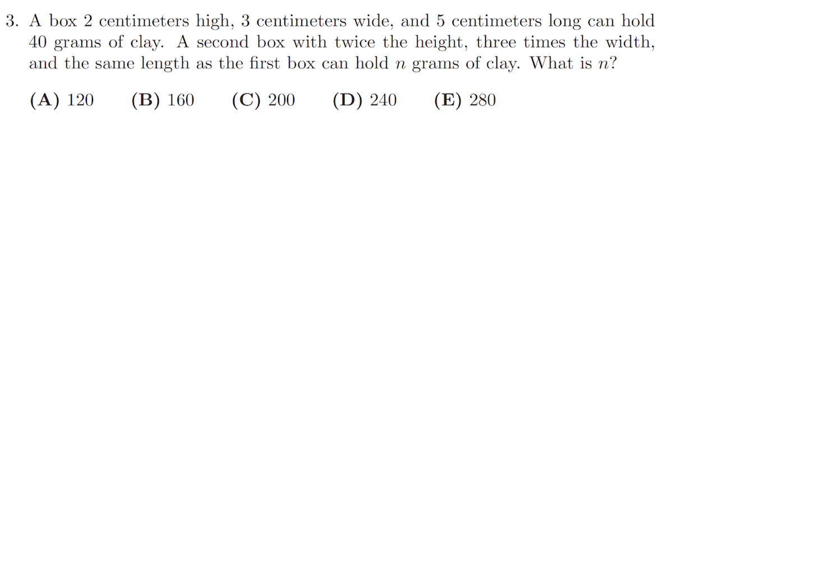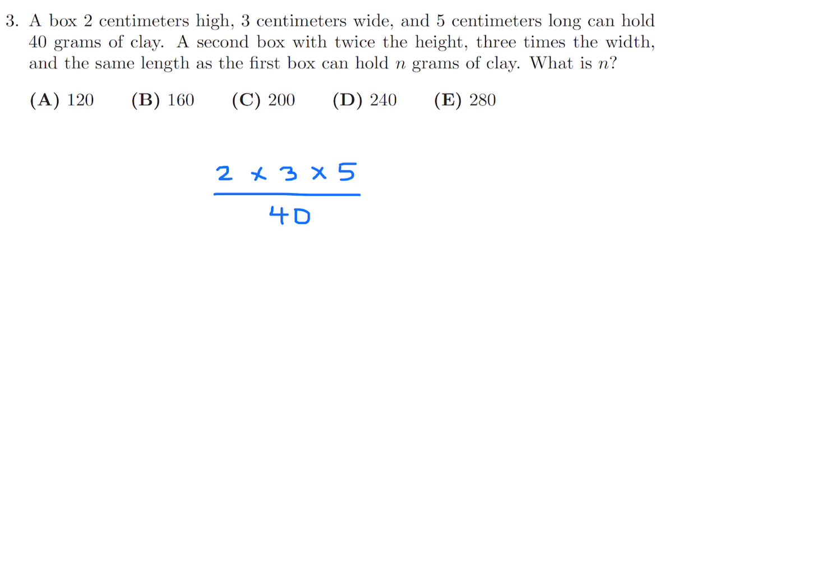A box 2 by 3 by 5 can hold 40 grams of clay. A second box with twice the height, 3 times the width, and the same length as the first box can hold n grams of clay. What is n? Well, this is a comparison question, so we've got 2 times 3 times 5 over 40 grams